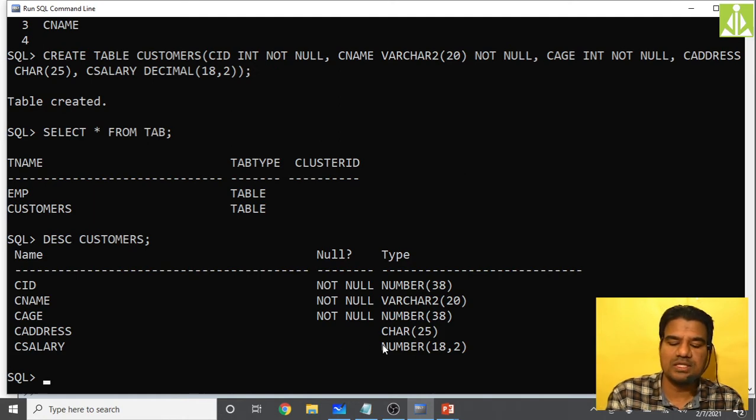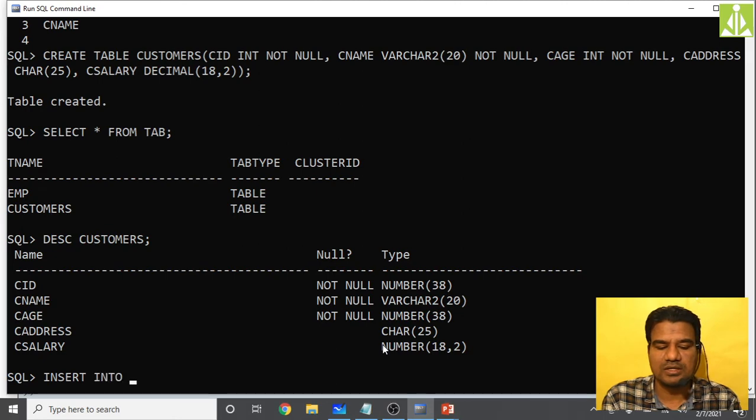So when you perform the insert into customers, let us say I'm not inserting CID, we'll see what error we get.